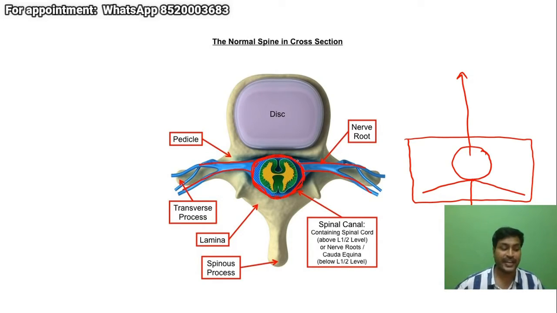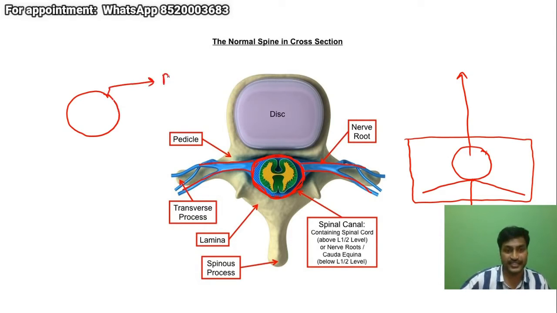Which matter? Dura mater. I have told in my first seminar, the outermost layer is the dura mater. The layers which are surrounding the spinal cord are the pia arachnoid matter. Pia arachnoid matter cannot be seen on the MRI. What you are seeing is the dura mater. So for the head, again I will draw my head. The outer layering of my head is the dura mater or the meninges. And what is there inside the dura mater? We'll have the spinal cord. So this one is the spinal cord.